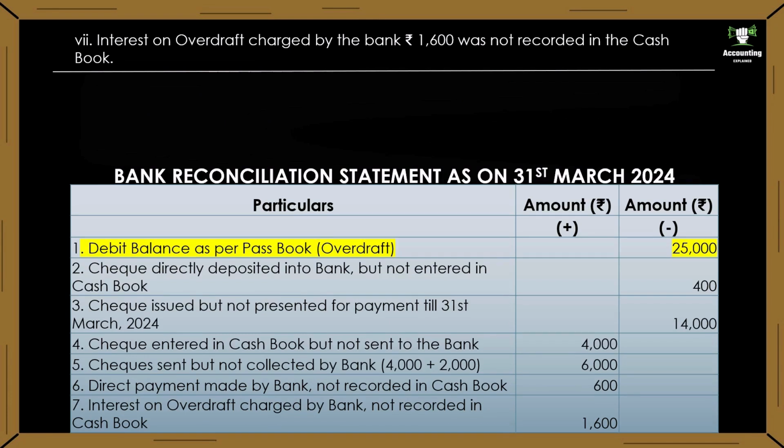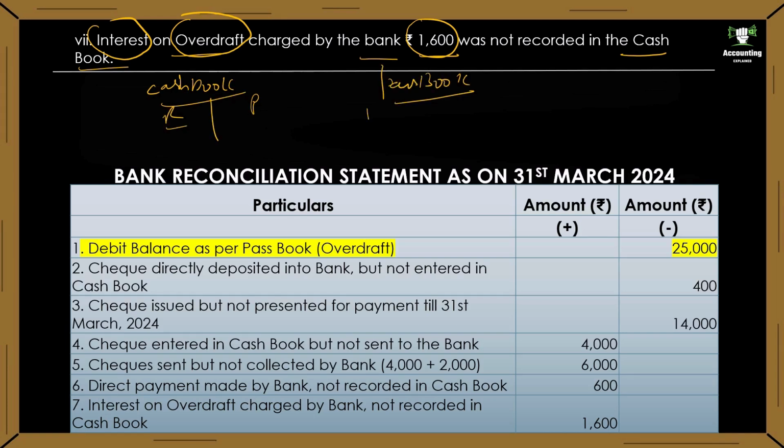Students, the next transaction is interest on overdraft charged by the bank 1,600 was not recorded in the cash book. The bank is allowing you to maintain a OD balance or a negative balance. For that they will charge an interest. Okay, that interest is not recorded in the cash book. So cash book, passbook,